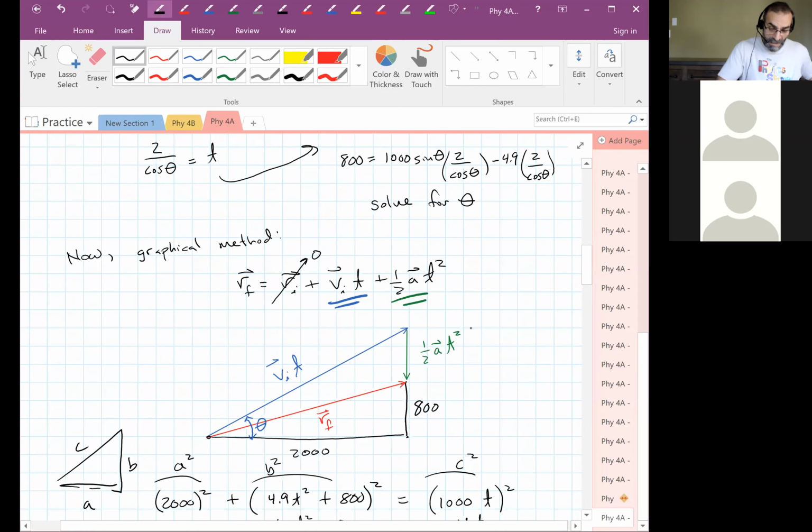And so when I draw it graphically, the length of this side is 4.9 t squared, right? That's what this is, 1/2 a t squared, the length of that side. And so I want the length of this whole thing, so I add that